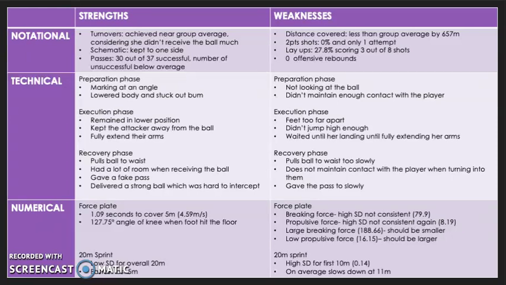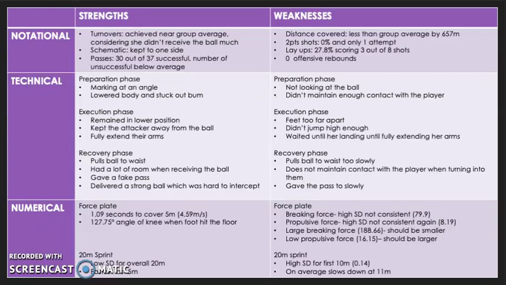mark the pass. The strengths identified from the numerical data in the 20-metre sprint was that the athlete was really consistent over 3 sprints. This is seen from the low standard deviation from the values. This is a strength because it shows the athlete can work at that speed a number of times. Having the last 5 metres as the fastest 5 metres is a strength because it shows the athlete still has energy after the first 15 metres, which reflects the cardiovascular fitness. It is also a strength because it shows they are accelerating throughout the sprint and not slowing down.